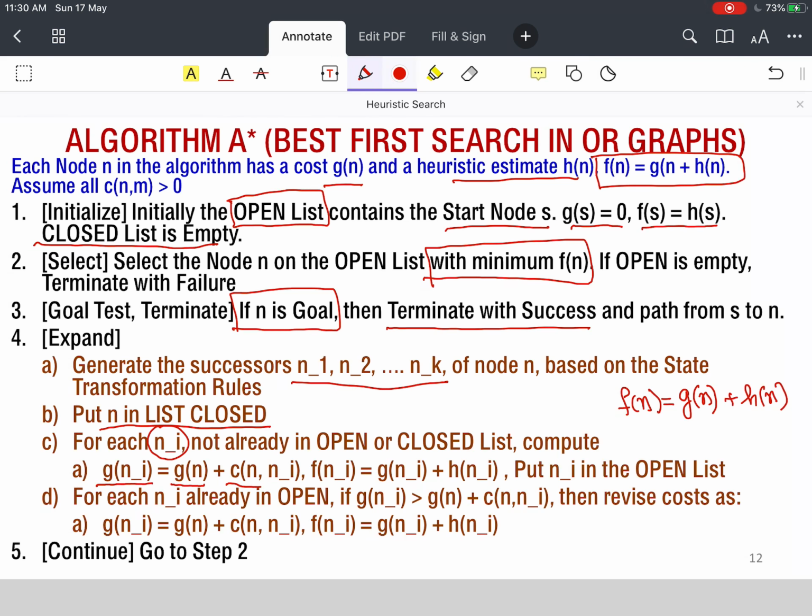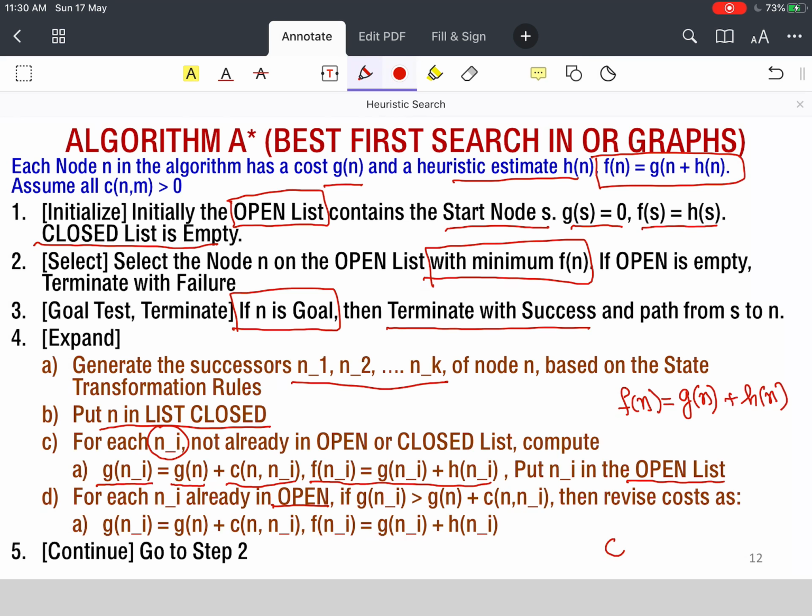G(n_i) is the G(n) of the parent plus the cost of the edge from n to n_i, and we compute the new F(n_i) of that node as G(n_i) plus H(n_i) and put that node in open list. So if that node is a new node, we compute its new G(n) value and F(n) value and we put it in open.